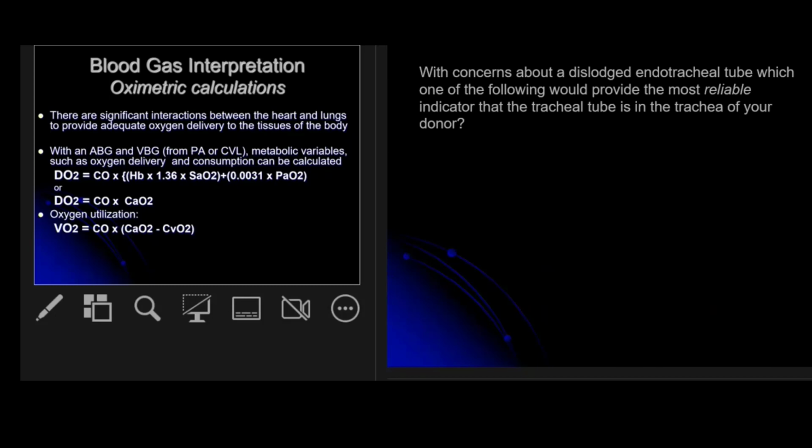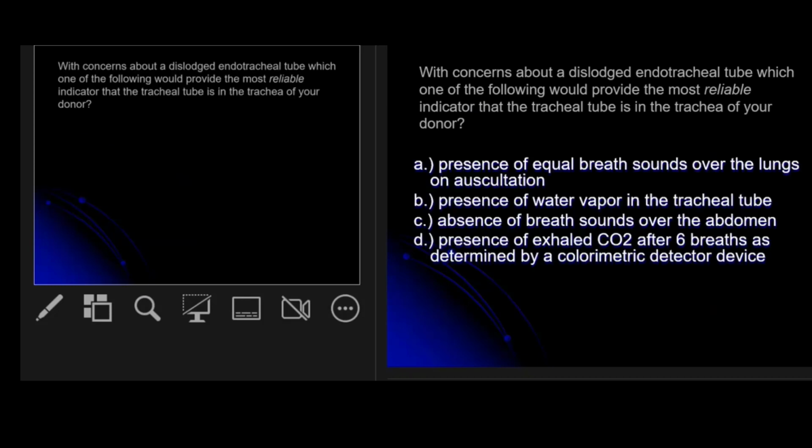So we know that there are significant interactions between the heart and the lung. We know that you provide adequate oxygen delivery, and this is what we talked about before. So oxygen delivery is this big equation here. And then oxygen utilization is the same equation, except you substitute in SVO2 here and PVO2 here. And that tells you how much oxygen your body is actually extracting and how much the tissues are using. And as we talked about before, you can use that to try to tell you whether you have adequate